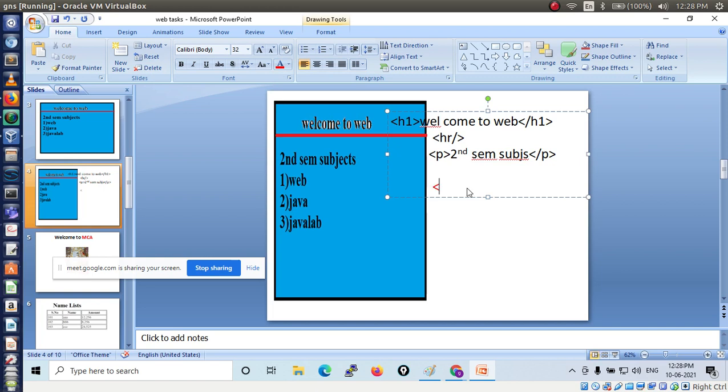So Kiran, see, here the ol tag, then to insert web it should be list tag li, then write web, then close the li tag. Now again another subject is there, so li, then java, then close the li. Like this you have to write. Now finally you have to close the ol tag.